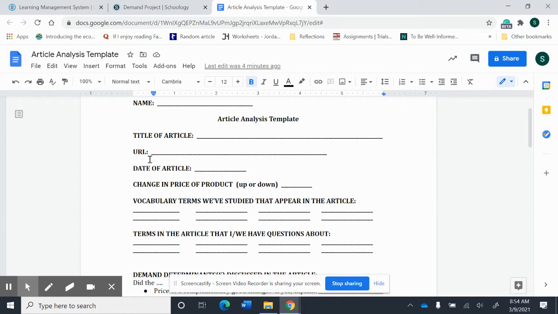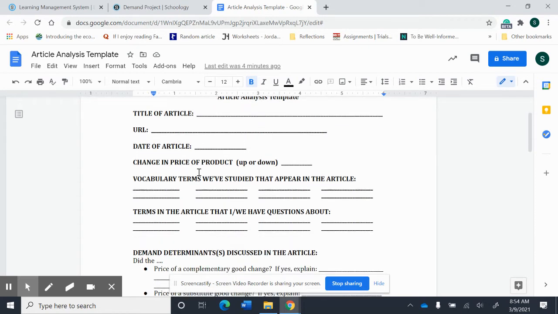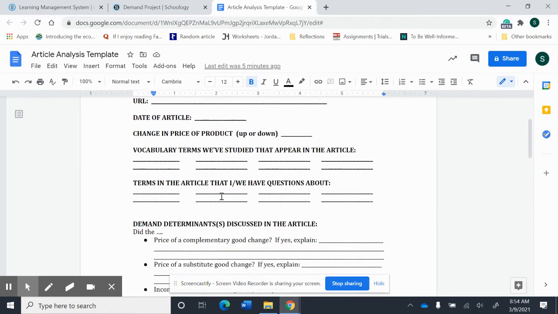So title of article, the link of the article, date of the article. Do you think after reading this article, the demand for the product is going to go up or down? Put some vocabulary terms that you found in the article that are related to economics. You may not find 8 of them. You may find 1 or 2. That's fine. Terms that you found in the article you may have questions about, feel free to put those in